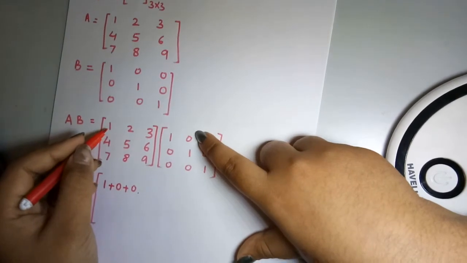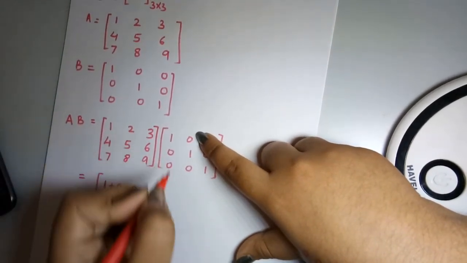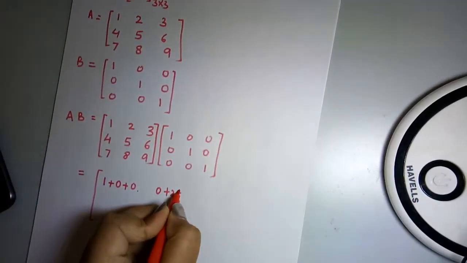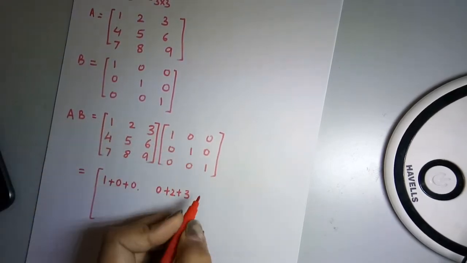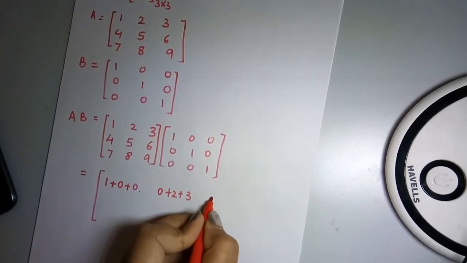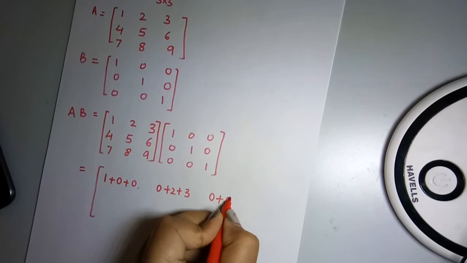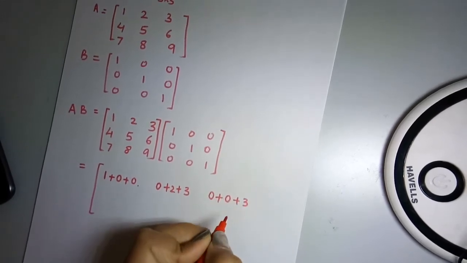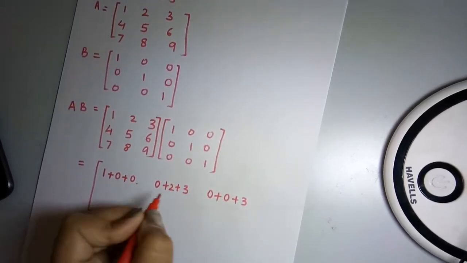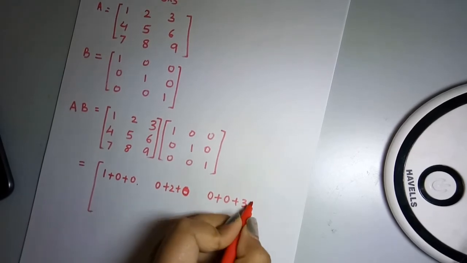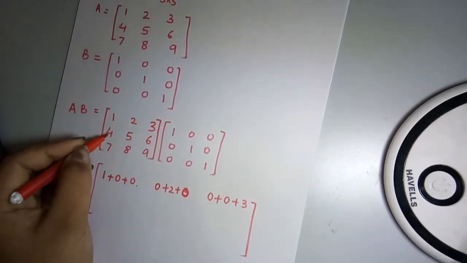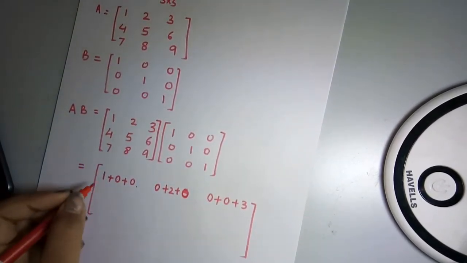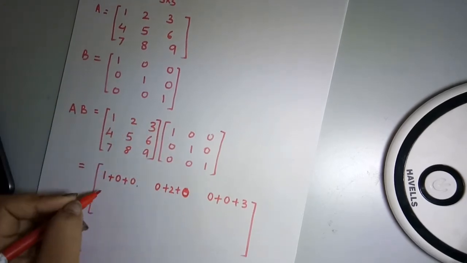Now again, and for the second row with the first column here,